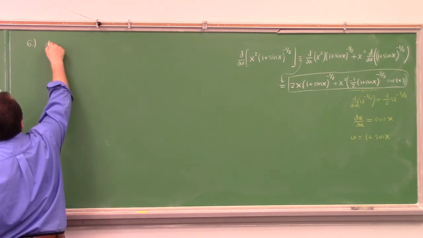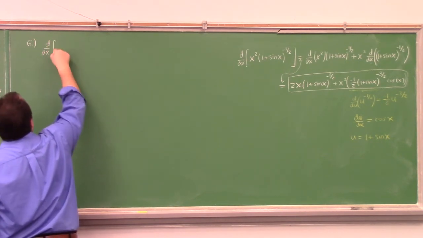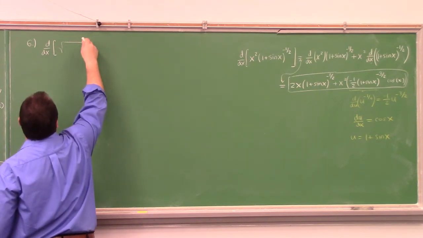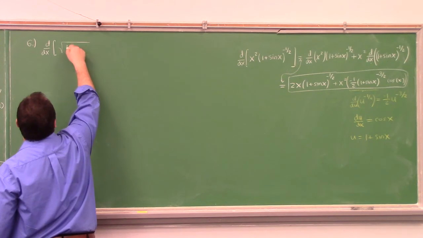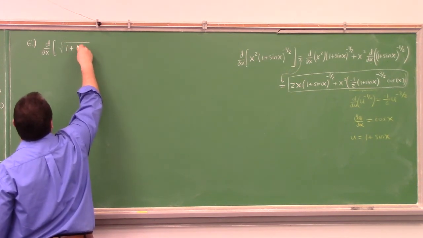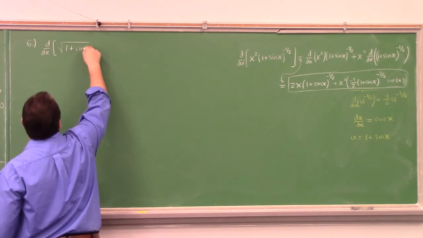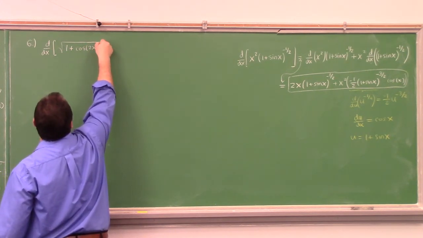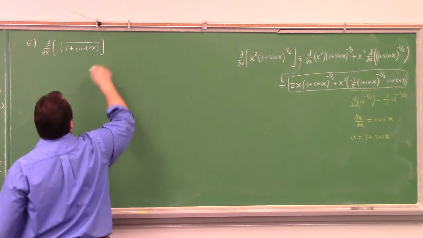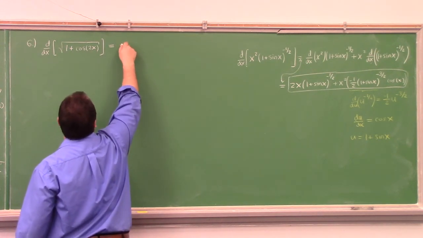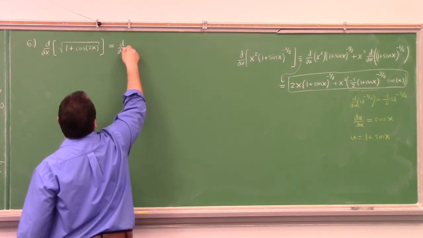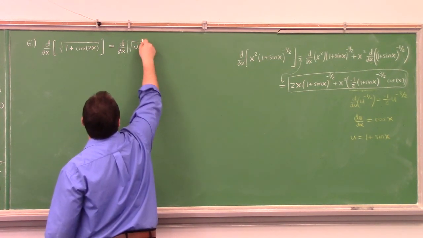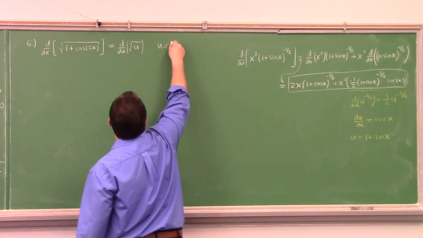Let's look at the derivative with respect to x of the square root of 1 plus the cosine of 2x. All right, so this is d/dx of the square root of u, right? Where u is equal to 1 plus